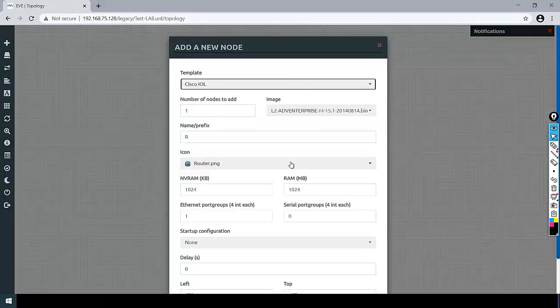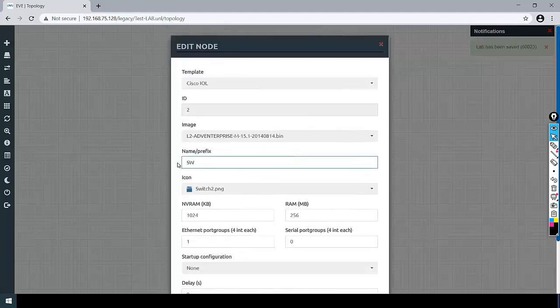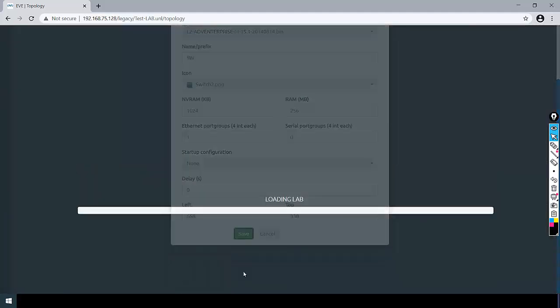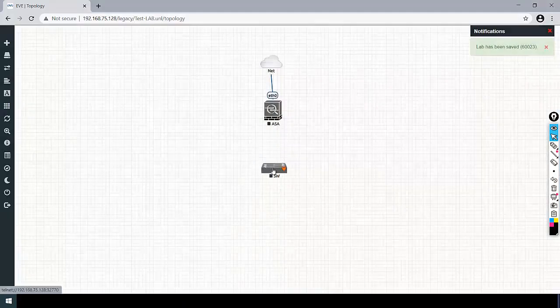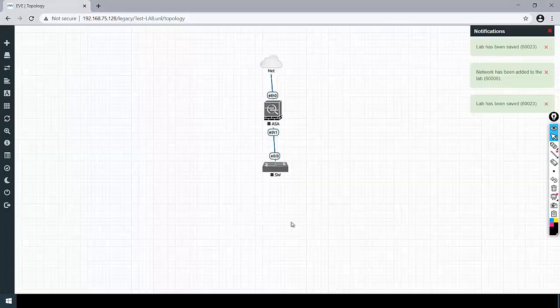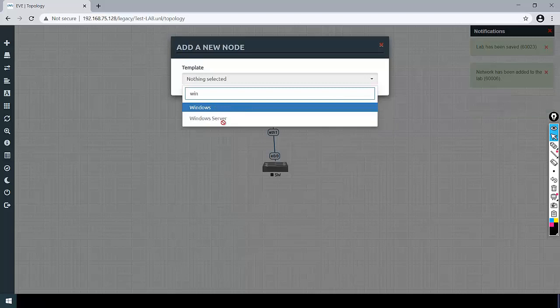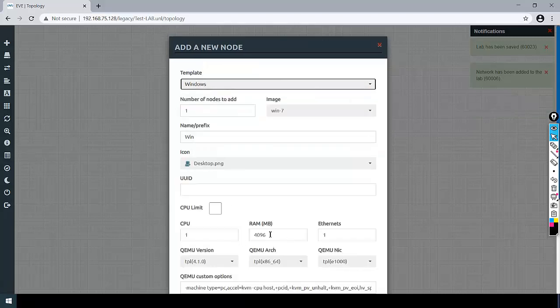the Cisco IOL image, that is our switch image. We will give it a RAM of 256 MB. We will change the name prefix to switch and use the switch icon for it. We will also add our Windows PC. We will use 2 gigs of RAM for it.